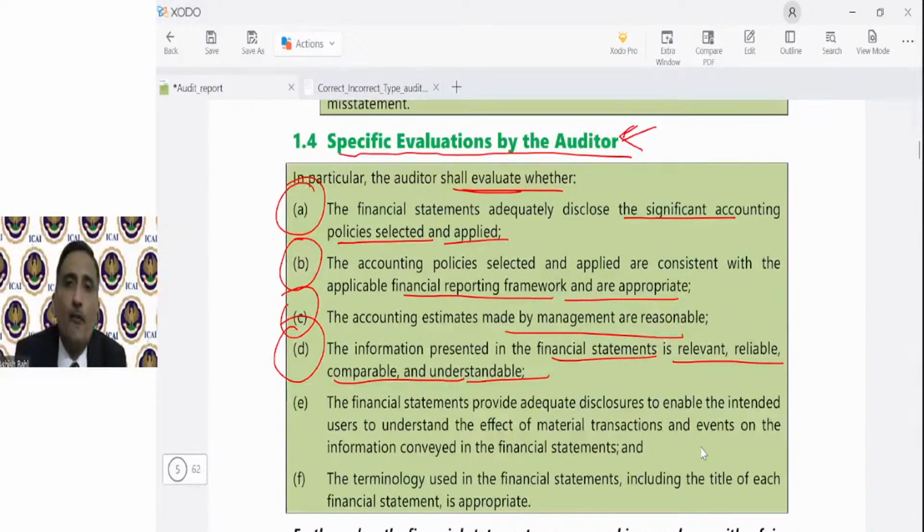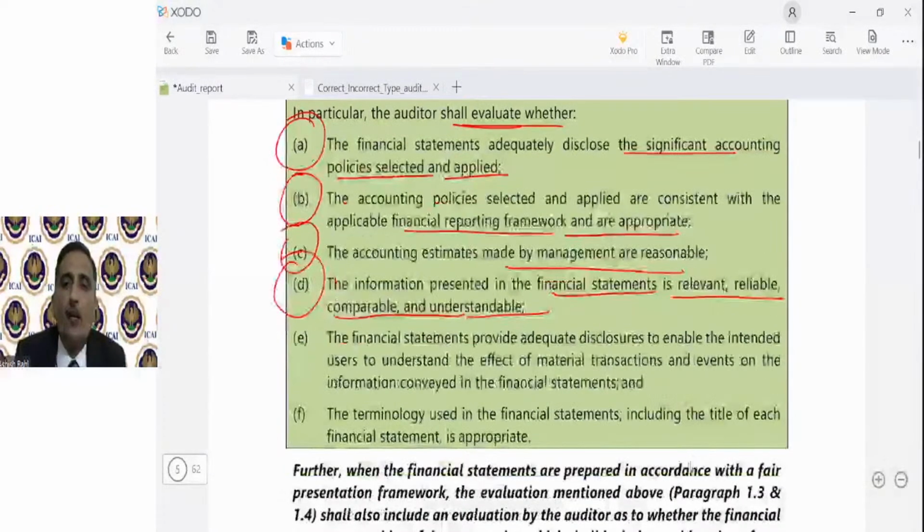Okay, what do they want to convey? So the financial statements provide adequate disclosures. Again, this is very important. The disclosures are very important in financial statements. Whether financial statements provide adequate disclosures to the intended users, to the various stakeholders, and the terminology used in the financial statements, including the title of each financial statement,